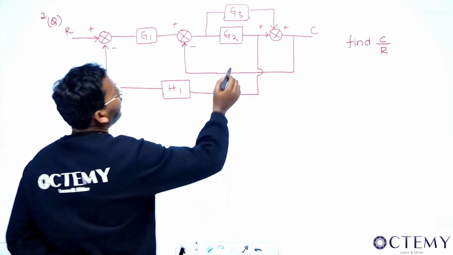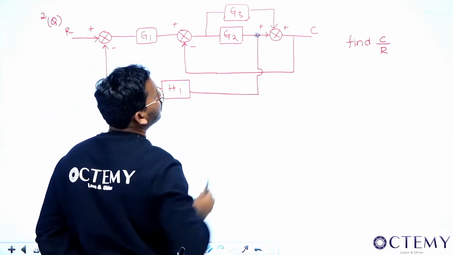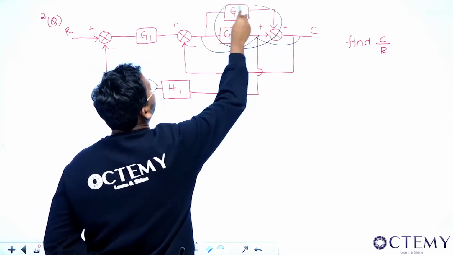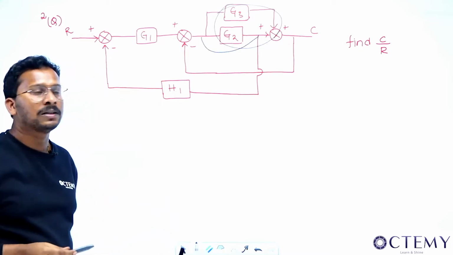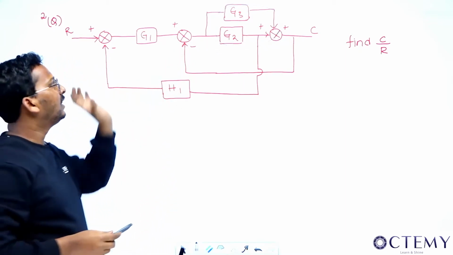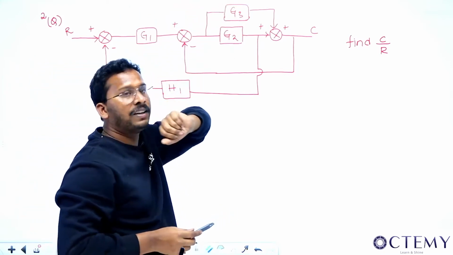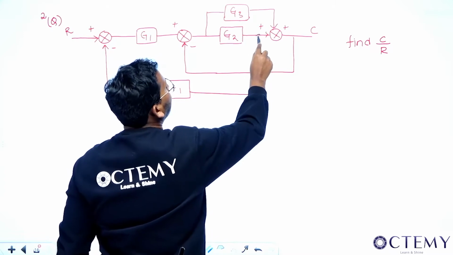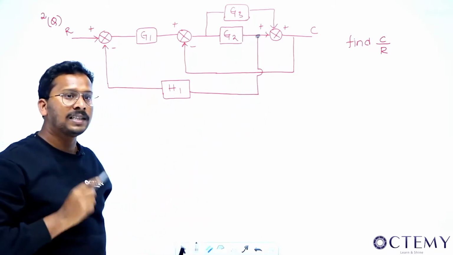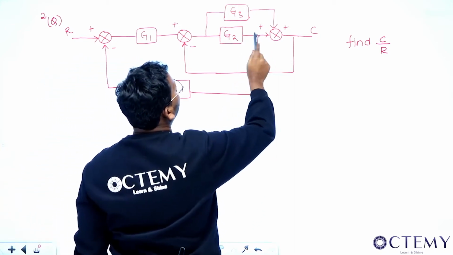Now, if you first want to observe this, it would have been nice if this fellow was not here. Because if this fellow was either this side or this side, then they would become nicely parallel blocks, isn't it? First, identify what is the easiest thing you can do. The easiest thing is making them parallel, that is adding them. But the difficulty is what? This particular branch. If this was not here, then I would have added them easily. But it is there. So we'll have to move this particular block, sir. You can either move it here or move it here.